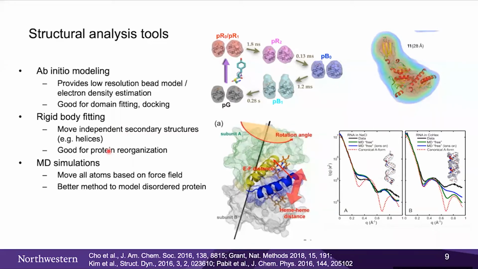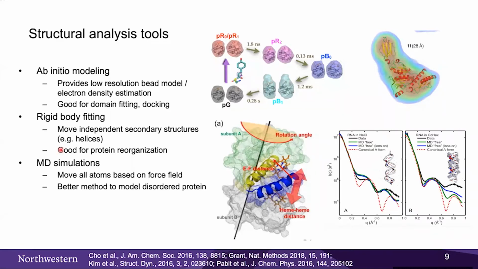But in my case, I don't really have these luxuries because we're trying to model a disordered protein. So in this case, I have a changing amount of helices that I'm working with. So I can't really use rigid body fitting. And I cannot really use the ab initio modeling because my protein ensemble is pretty diverse, like a soup. Every protein molecule will probably be well fit into the electron density map, and that will not allow us to discern whether it's a good fit or not.